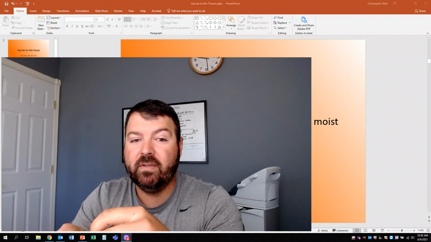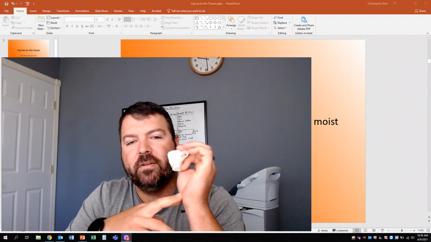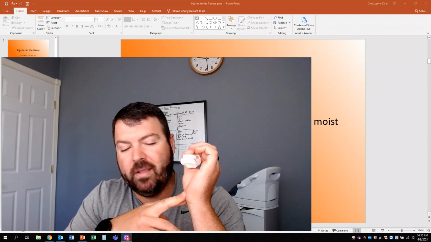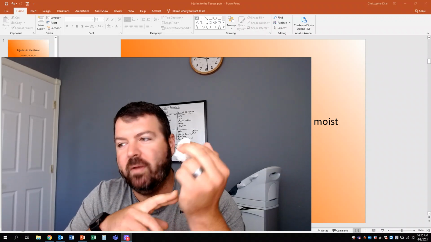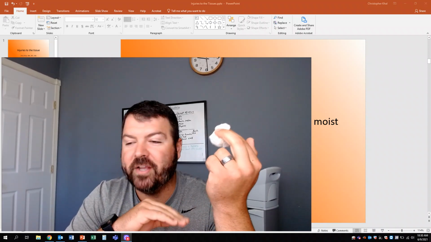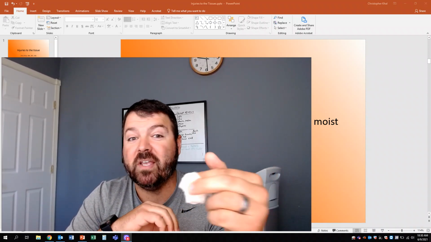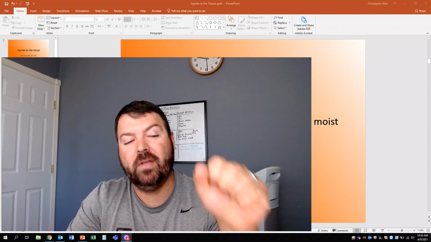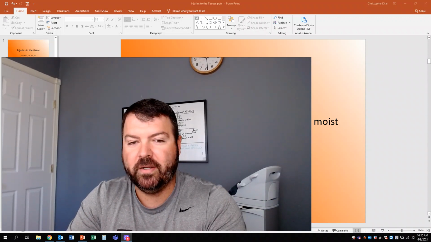For the heavy bleeds, this is what you want to use, and you don't have to be shy about using it. I will rarely ever use 1 piece of gauze. If it's a moderate wound, I'll use maybe 3 or 4. Make sure it soaks up everything. If it's a heavy wound, I'm just going to grab handfuls and hold it on there.